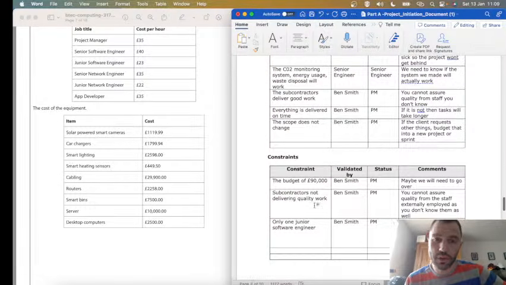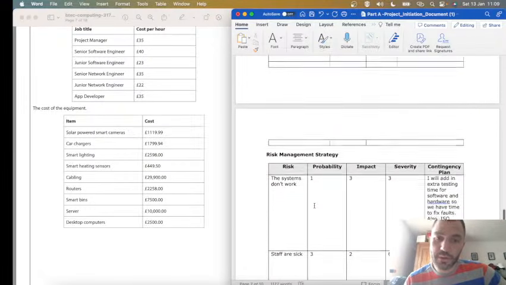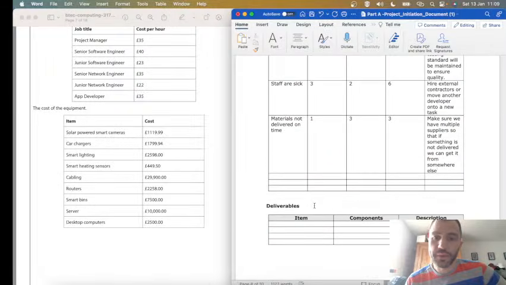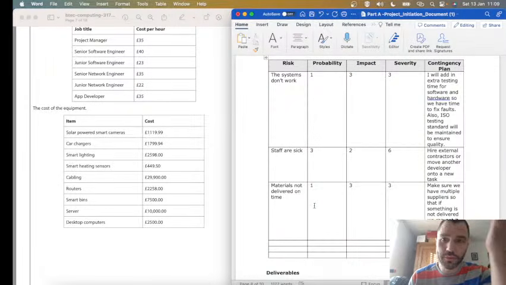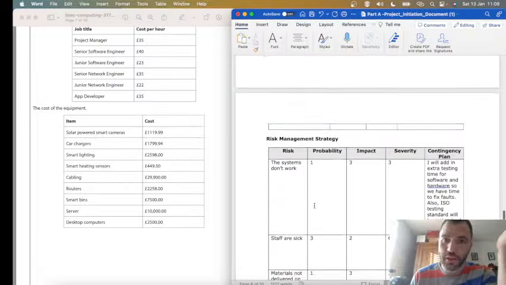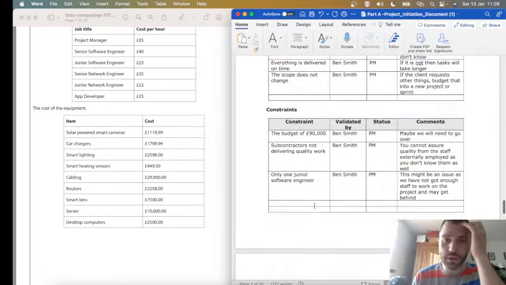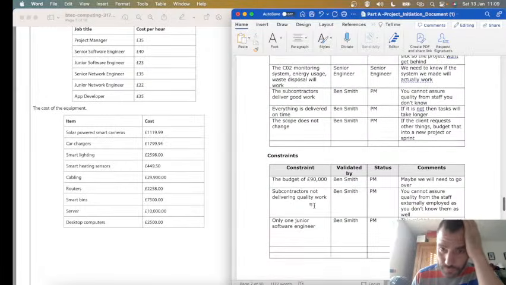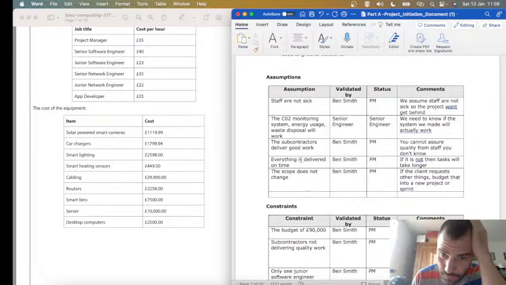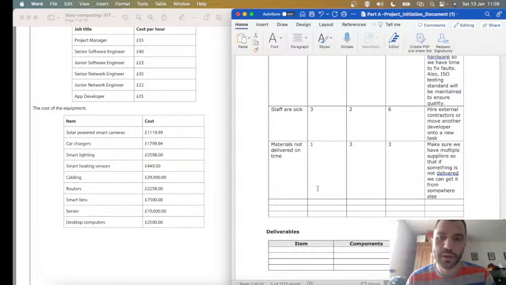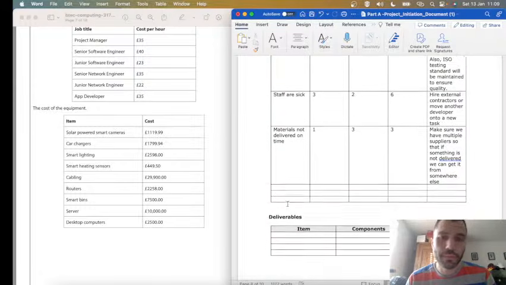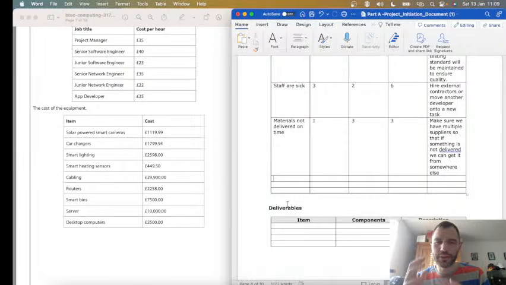Systems don't work. Junior software engineers, subcontractors, budget. So it's basically staff not being there, systems not working, so we're testing it. Things not being delivered on time. That's always things that come up in the checkpoint. I suppose the scope change could be a risk, couldn't it? I might come back to that later on if something else occurs, but it's usually staff not being available,